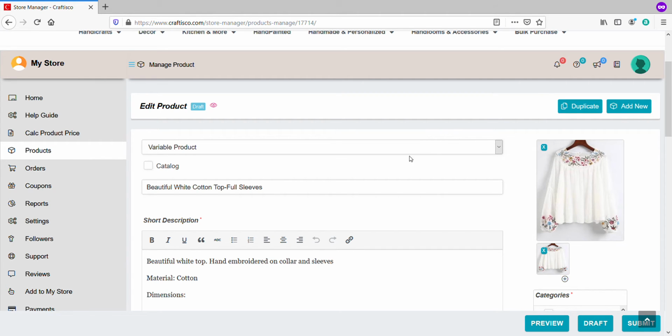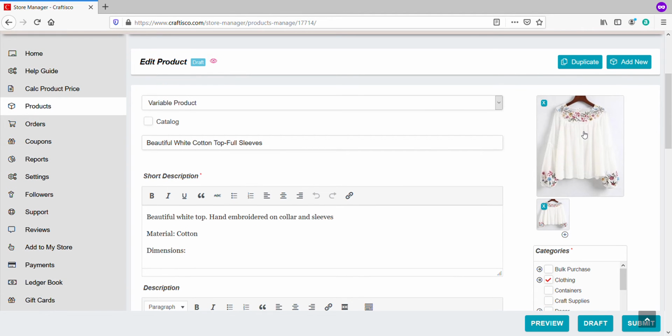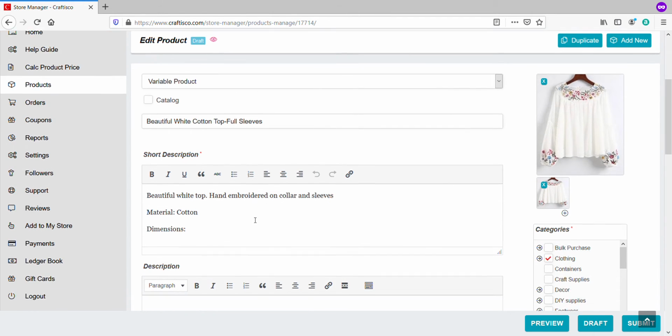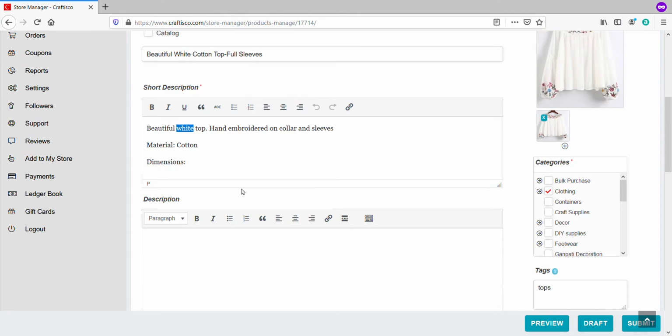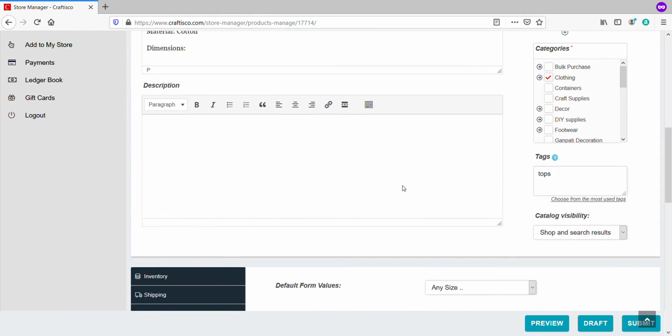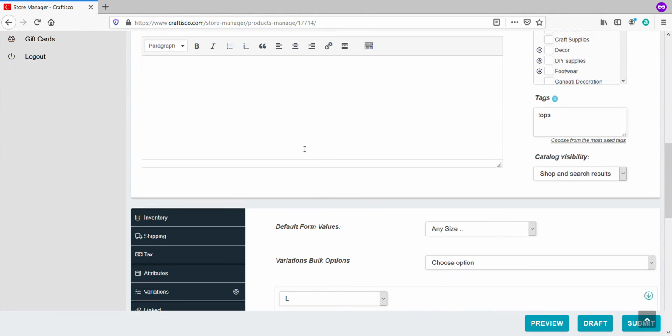First we'll see what you really need to change. Probably my product differs from this particular white cotton in that it's black. So I'm going to duplicate the product because all my content is almost similar except for the word white and probably the cost. The rest of the things are almost the same, it comes in the same category.